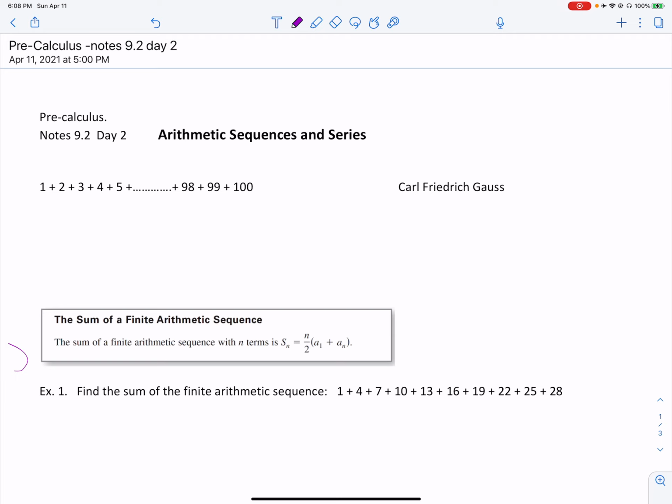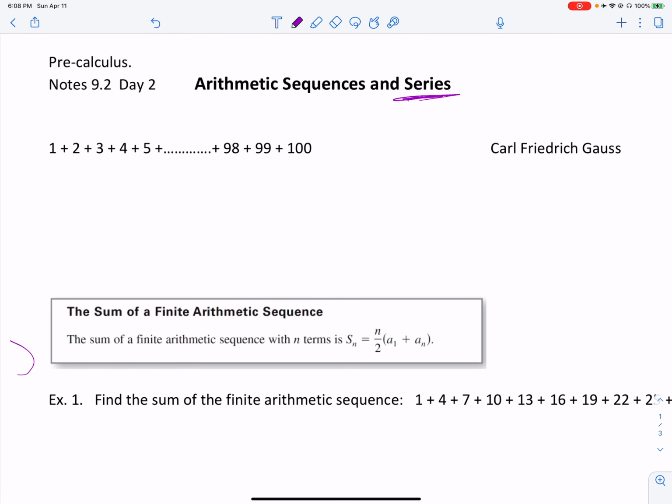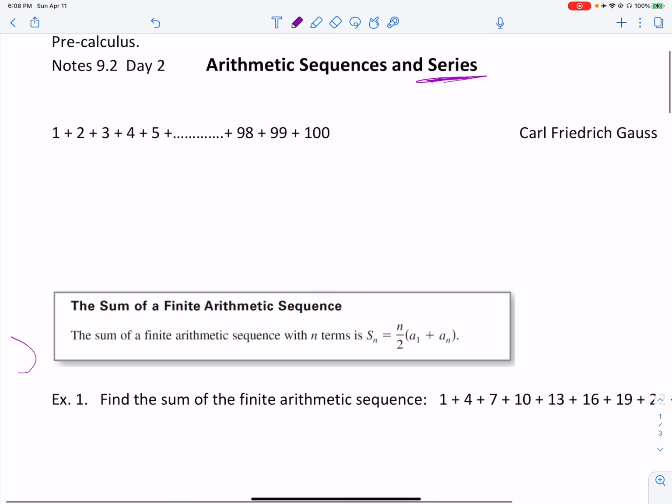Pre-calculus 9.2, day 2. We are looking at arithmetic series. We're going to focus on adding up terms in an arithmetic sequence. And there was a mathematician, Carl Gauss, and there was a story about him adding up the first 100 integers,